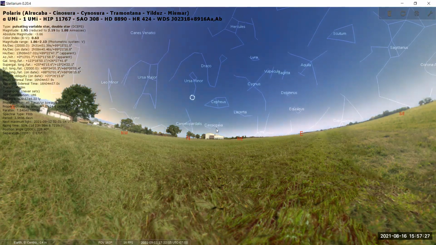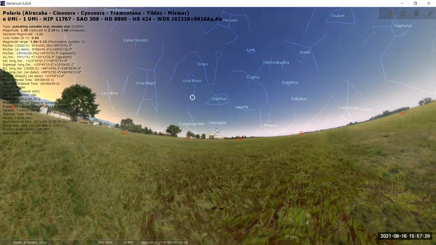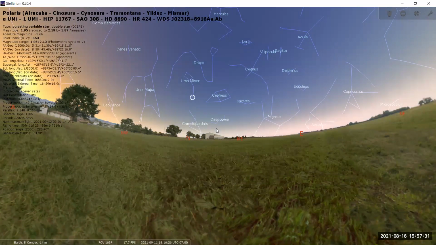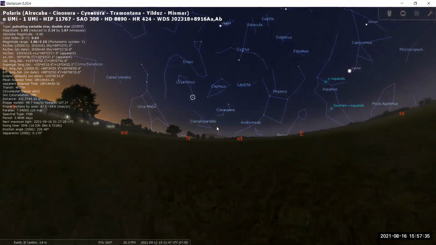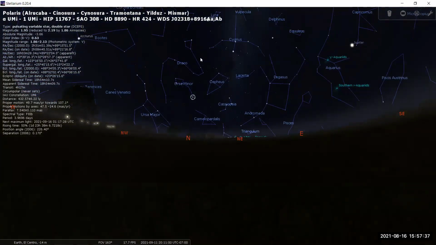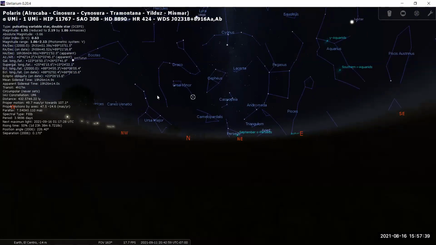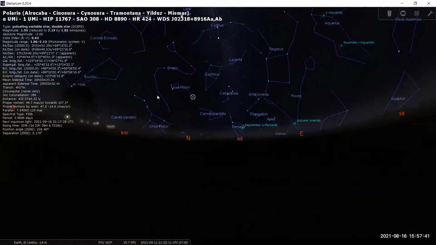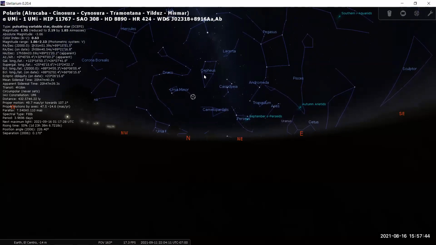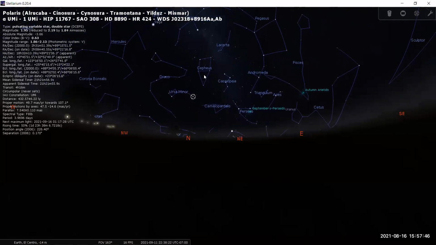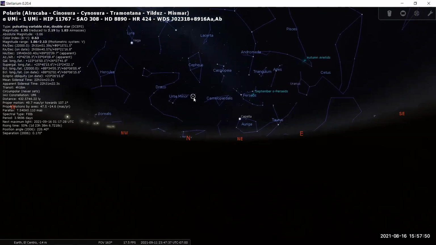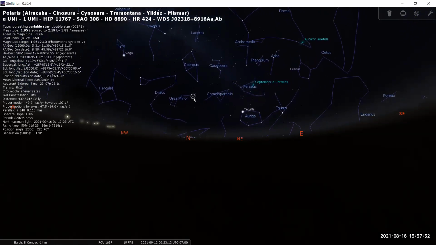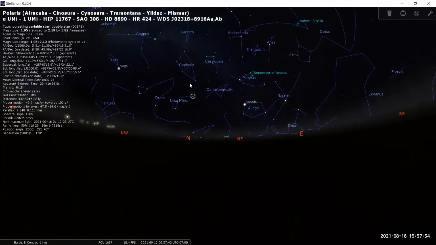Cassiopeia, this one, the W. Right now it's a W in the beginning of the night, and it's going to be like a 3, and then it's going to turn into an M, then it's going to turn into an epsilon, and then a W, and so on and so forth. That can tell you exactly what time of the day. You can use it as a reference to tell you what time of the day, and also roughly where to find the northern star. Everybody is moving except it.